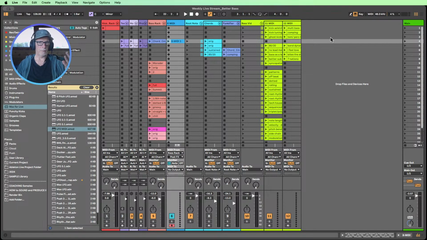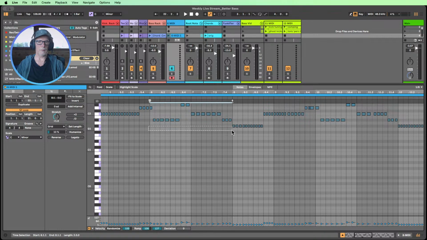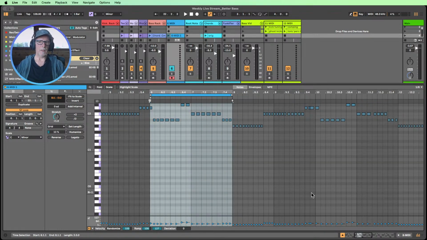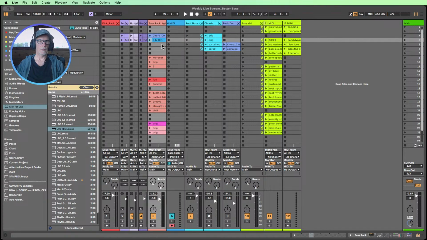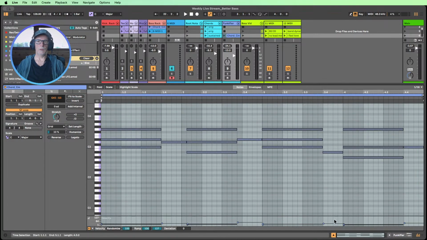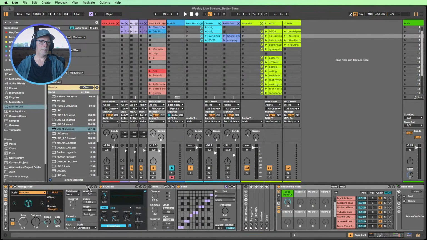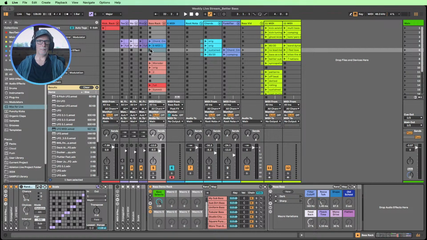But just for further ideas, we could also go in here now and find our favorite loop and loop that up. And that could now be the MIDI we use for the bass line. So that's given us a funky bass line from the root notes of our chord over here. So we took the chord, we took the root notes, and we had this little rack here that's been spitting out some pretty interesting MIDI, which has given us an interesting root note bass that became a rhythmical bass that's quite different to what we started with.